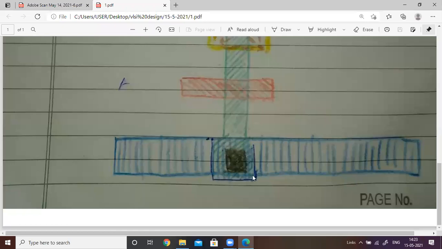The same method. You can draw like this, and take the 2 lambda cut, and this has blue green color hatching. So we draw the green color hatchings, and the vertical lines is the blue color hatching for metal is also located, and this is totally black color. Okay, 2 lambda cut on the contact. Okay, this is about the